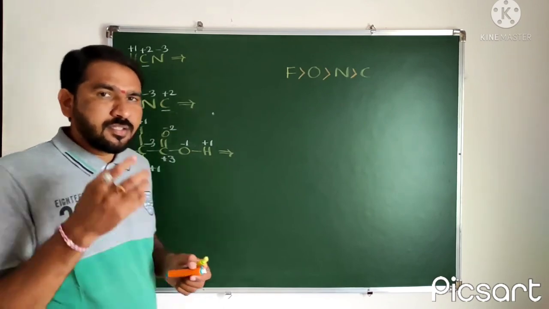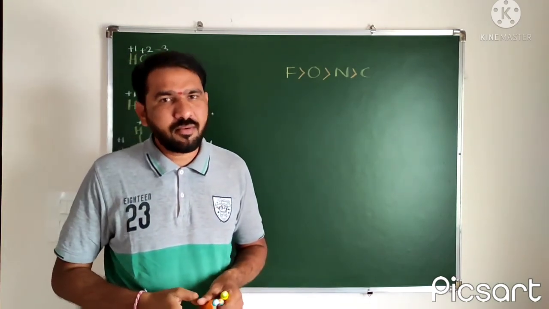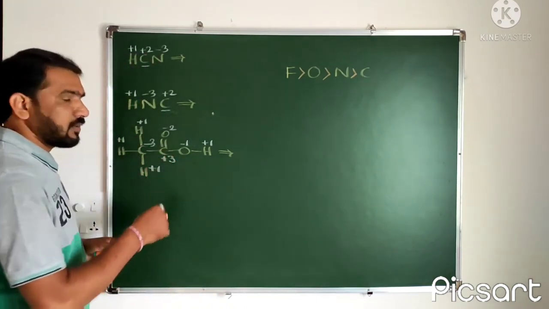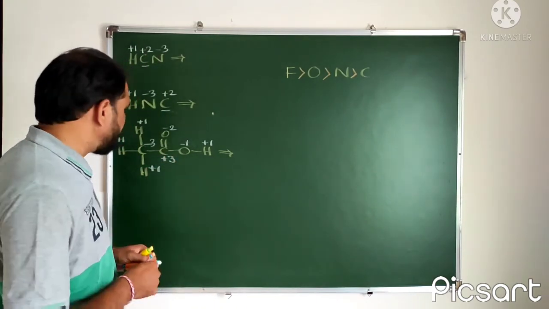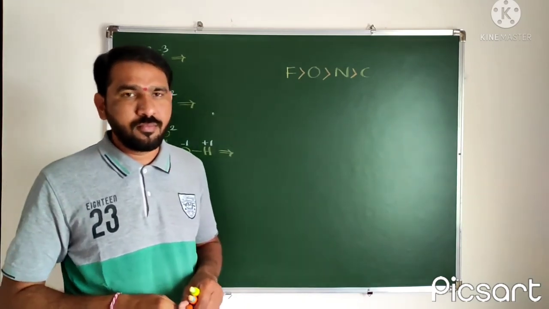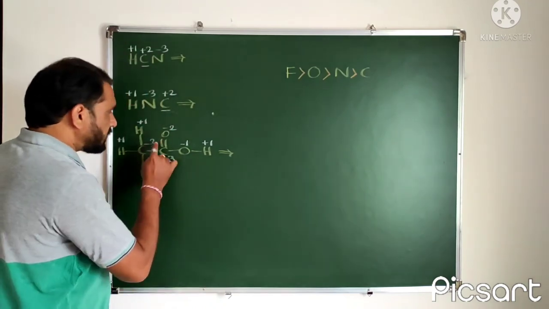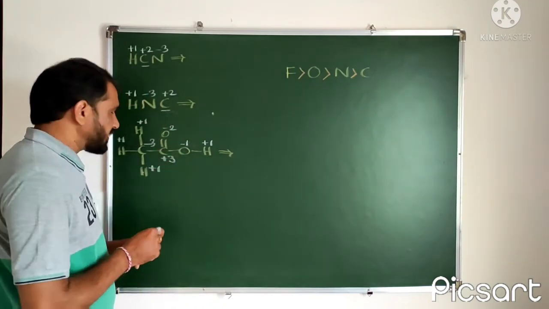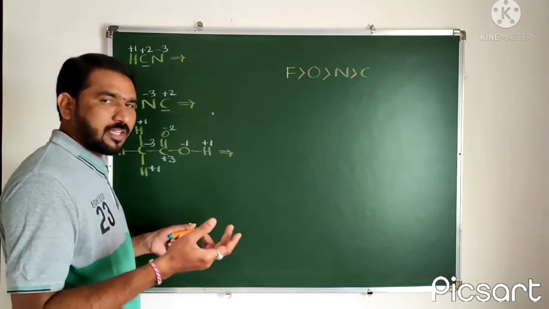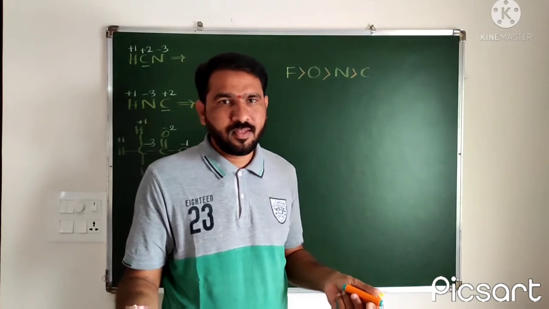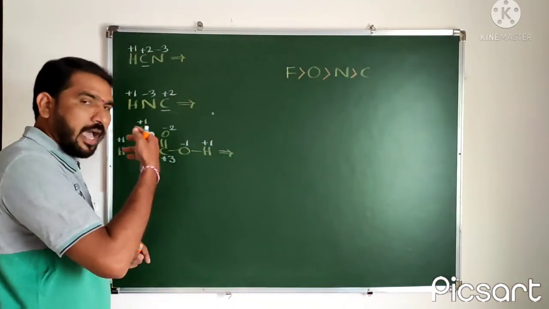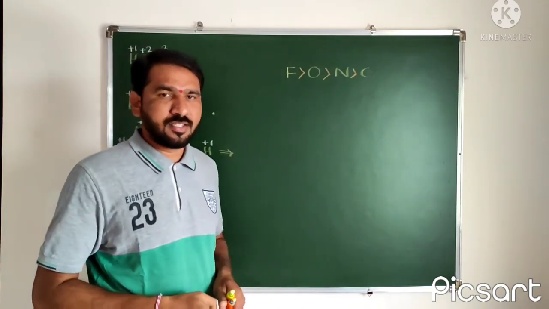If we look at the average oxidation state of carbon in this molecule, it equals 0. Because of what? However many negative charges there are, that many positive charges should be there in the molecule. In the COOH group, carbon shows +3 oxidation state. In the adjacent CH3, carbon shows -3 oxidation state. Then +3 and -3 cancel. Is it clear? Like that we can get the oxidation state individually, and the average oxidation state also.